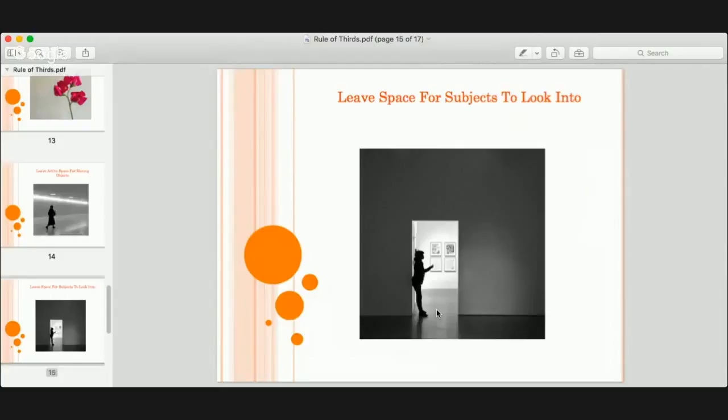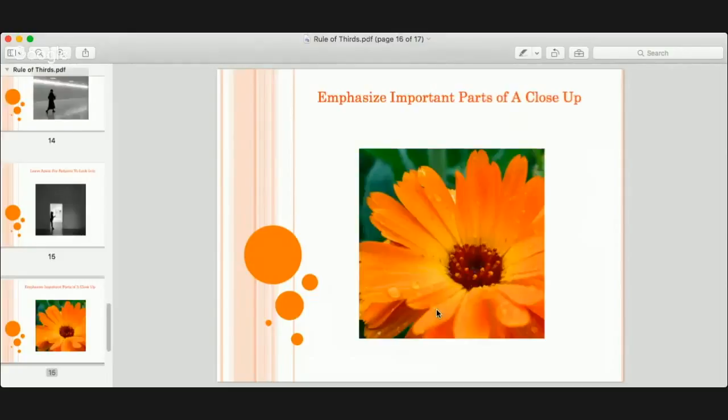Number 9 is emphasize the important part of a close-up. This is one of my favorite ones of all of them. I love close-up photos. Now, the intersection that is most important in this photo with the grid lines is the bottom right intersection of the vertical and horizontal lines. It's the dead center of that flower. And look how gorgeous.